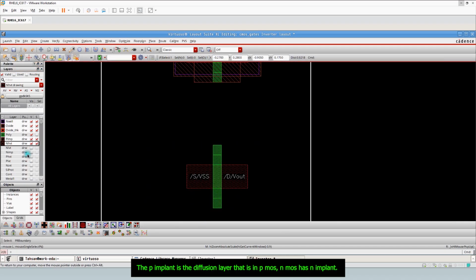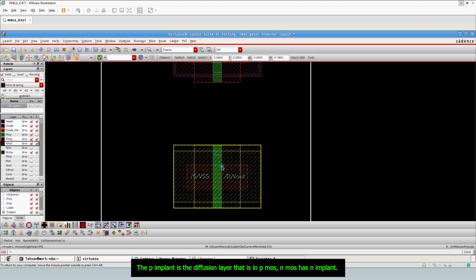The P implant is the diffusion layer that is in PMOS, NMOS has N implant.